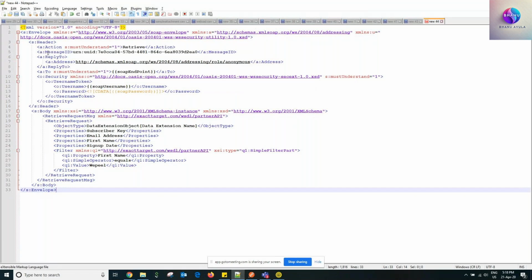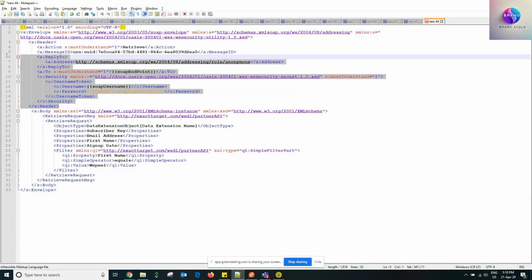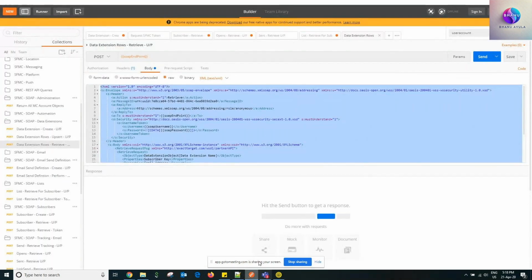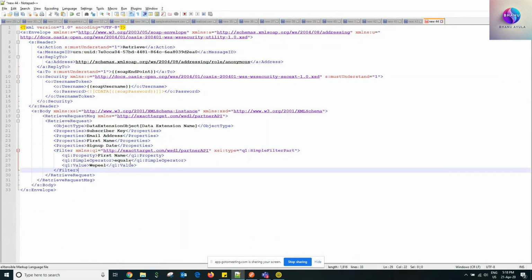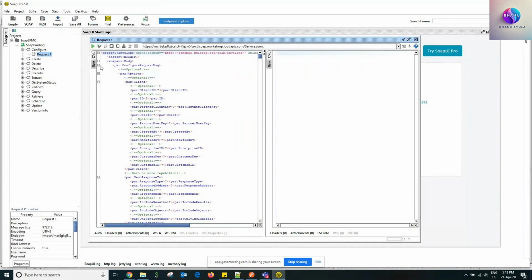So yeah, the problem is we have to tweak this. We cannot use this one the same like this. So how to tweak that is, there is this SOAP environment. You have to take this SOAP environment,